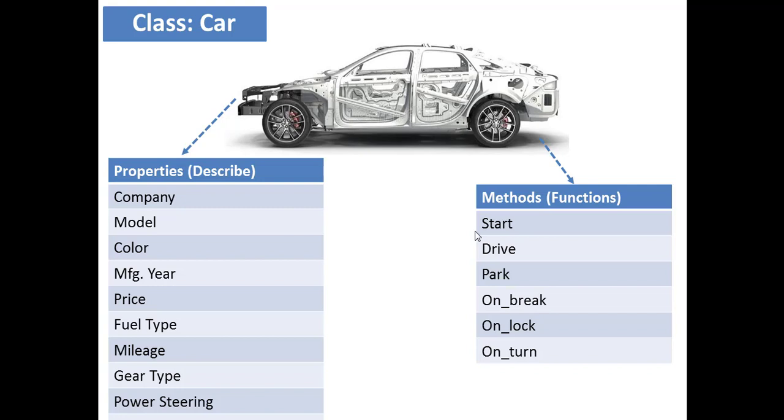But this is very generic. What I am talking about with this car is very generic. But when we have to create a particular instance which is actually drivable, which is actually functional, then I have to use a different object of this car. So as of now, what I have done is just create a mechanism through which the car will be manufactured. And every time this car is manufactured, this information will be associated with it, and it will have certain functions associated with it.